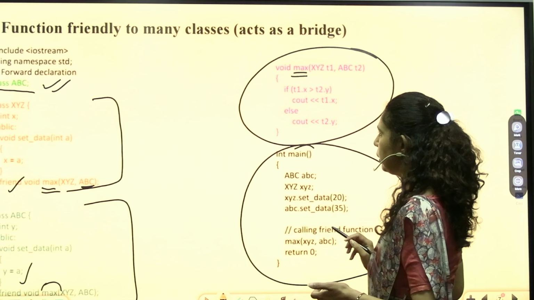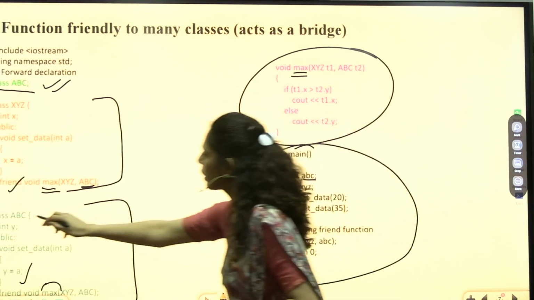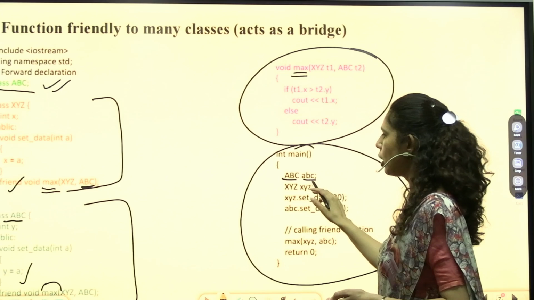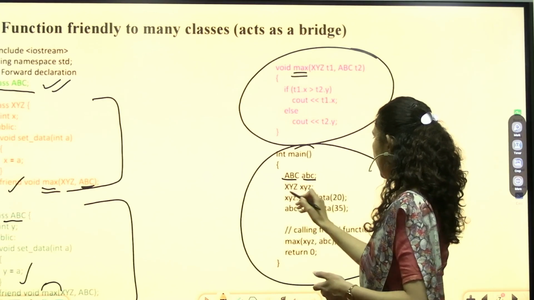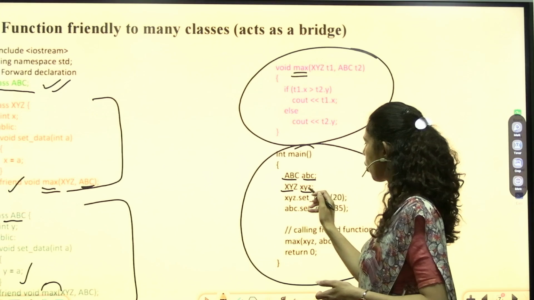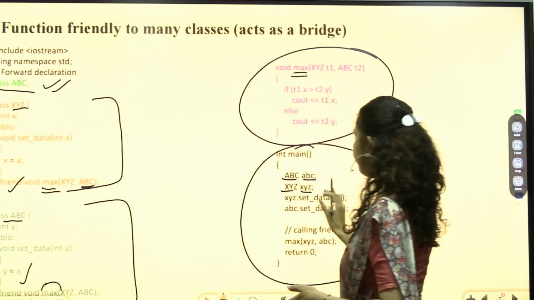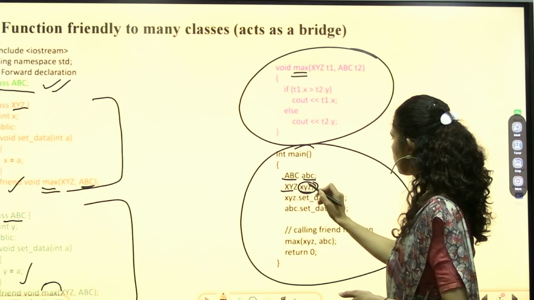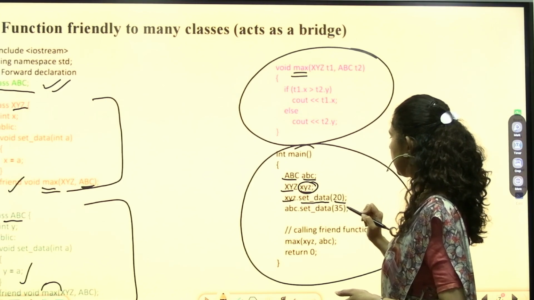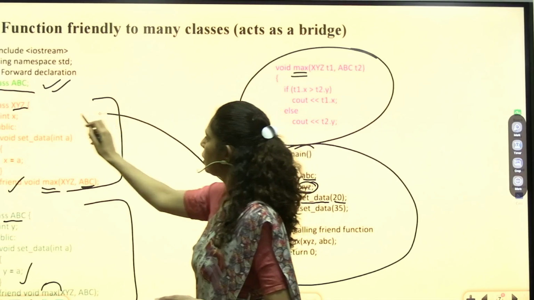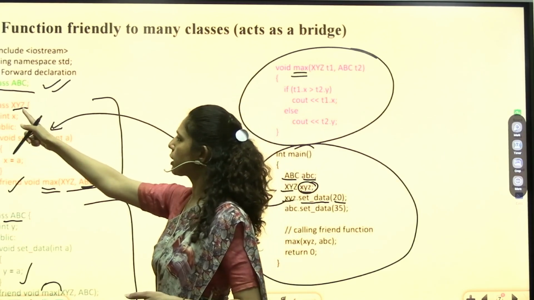So what are we doing here? We are first of all creating an object small abc of our class ABC. We are creating an object of it. Of course there is no constructor function there, so nothing gets called. And then we are creating the second object small xyz for the class capital XYZ, so this class object is also created here. Now for this object xyz, we are calling the function set data and passing the value 20. This particular function set data will get called because xyz is calling, so the set data of class XYZ will get called.